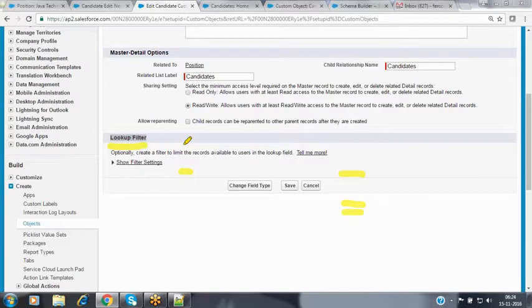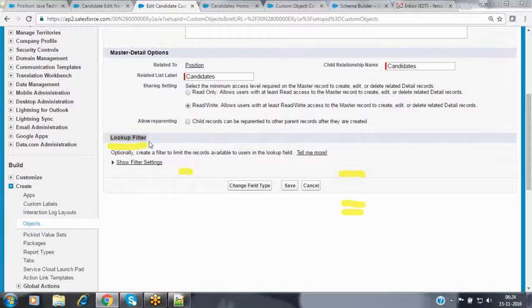Now we will see. Whenever a new candidate submits a profile, his candidature, it populates all the position records, both those not yet closed and those already closed. But I don't want to display the closed position records. He should be able to apply only for positions that are not yet closed. So I'm going to add a filter: while displaying the position records, it should not display the closed positions.